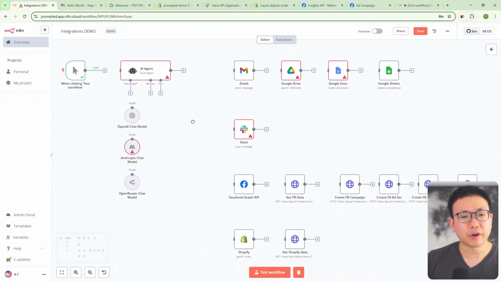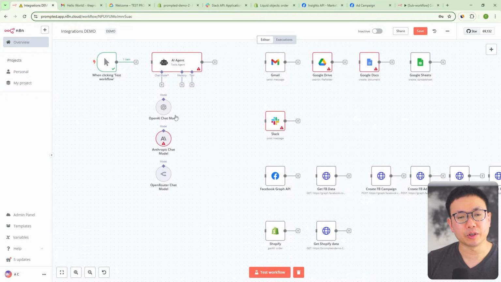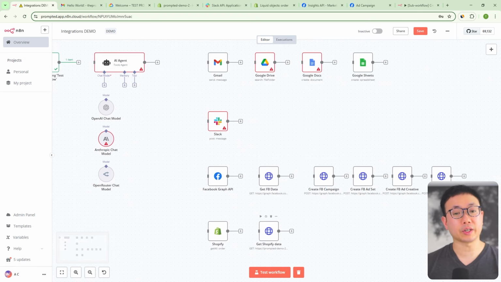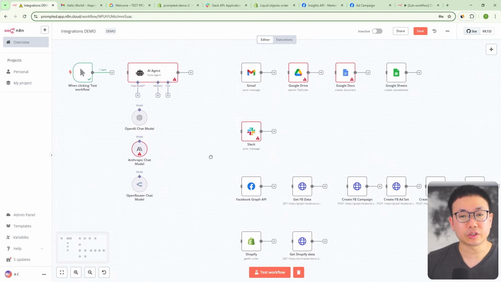And then finally, we have our chat models. So we'll show you how to connect your OpenAI models, your Anthropic models, or we can use something called OpenRouter, which gives you access to all the different models with one single API key. So that's everything we're going to be looking at. Let's just jump into it. So we're going to start off with the Gmail